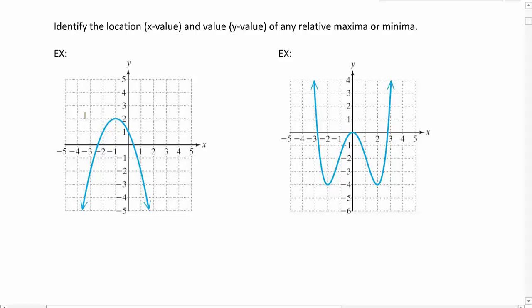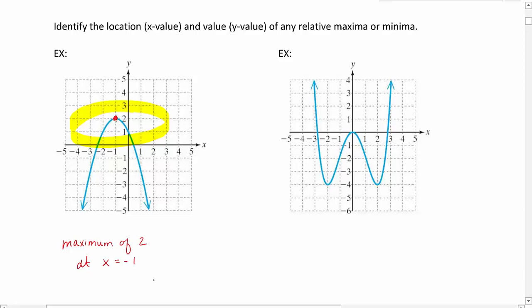So clearly we've got a peak here at the vertex of this parabola. So we're just looking with our eyes for where the peak is. It's happening right here. And then you always want to double check, look to the left, look to the right, make sure that every other point is less than that y value, and it is. So we would say that we have a maximum of 2,